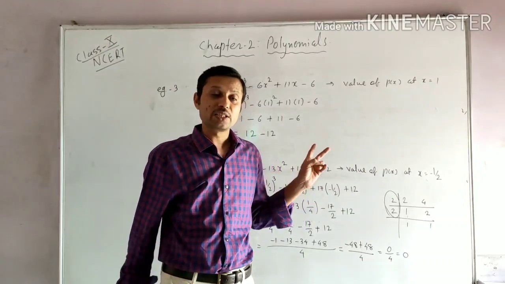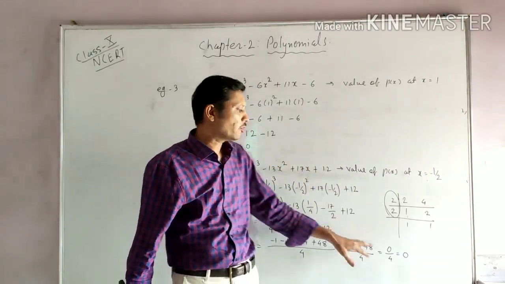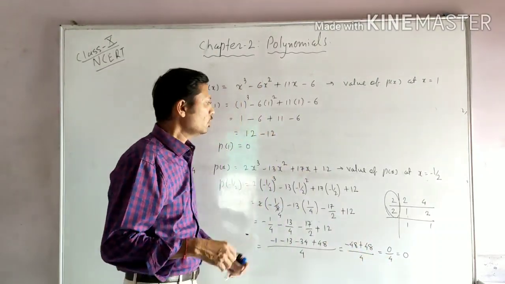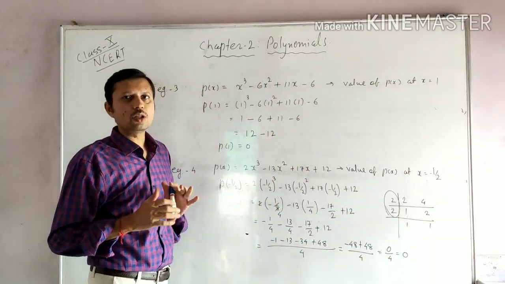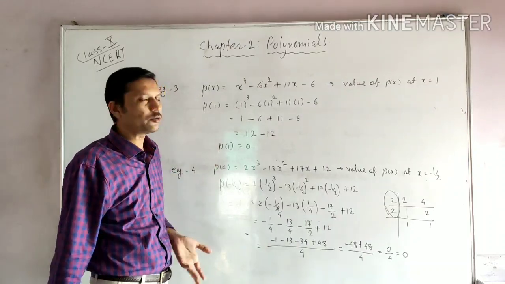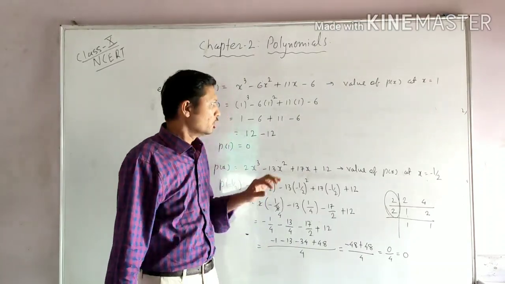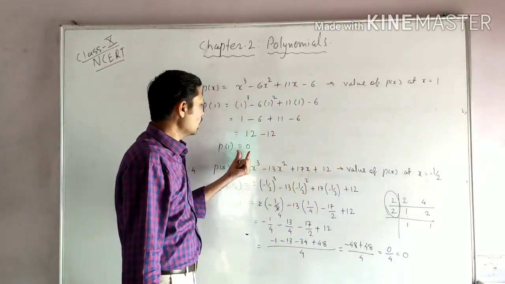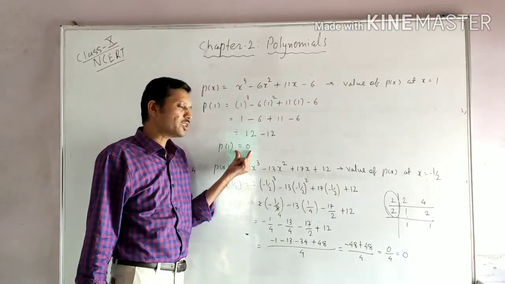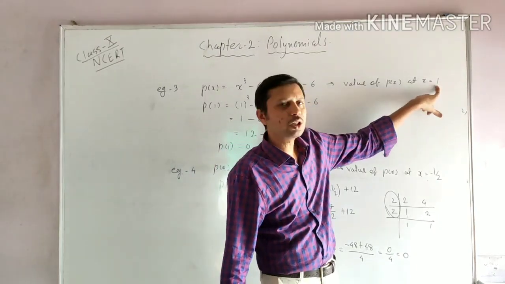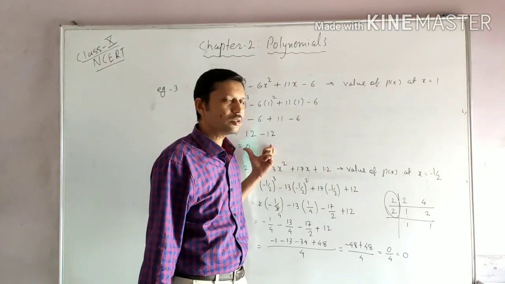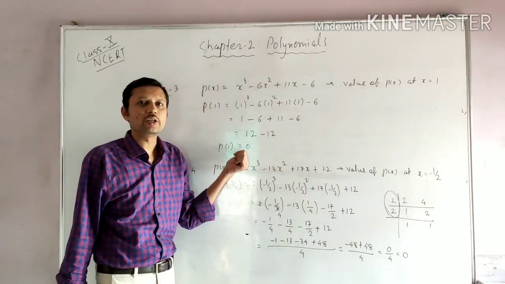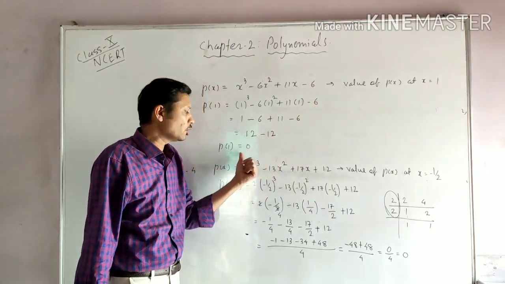See, compare with the earlier two examples. Earlier we didn't get the value of the polynomial as 0, but here we get the value of the polynomial as 0. So one more point that we can discuss here is called the zero of the polynomial. That is again related with the value of the polynomial. Now here by replacing the value of x with 1, our polynomial value is 0. So 1 is called the zero of the polynomial because by replacing x with 1, we get the value of the polynomial as 0.